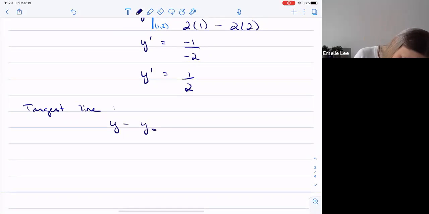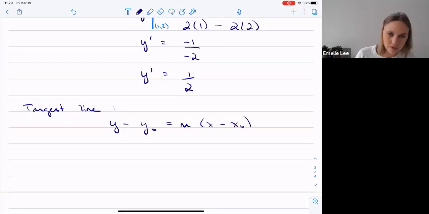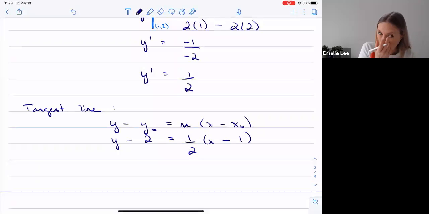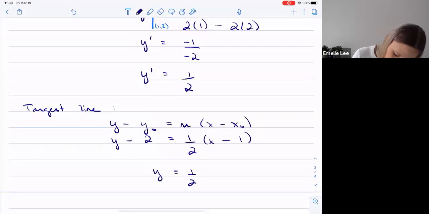Well, we have y minus y naught is m times x minus x naught in general. y minus 2 in this case is 1/2 times x minus 1. So then y is 1/2 x minus 1/2